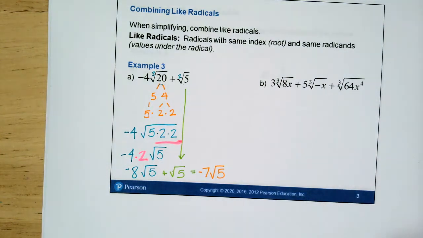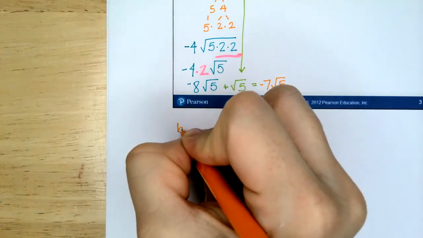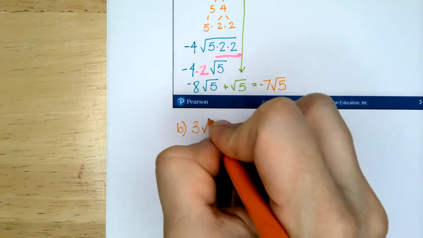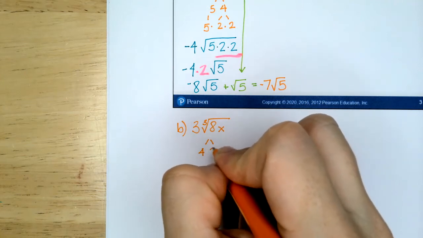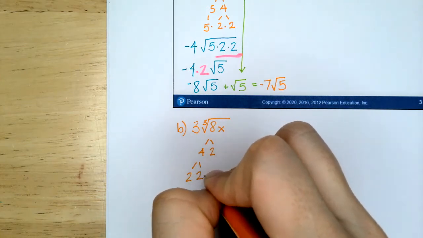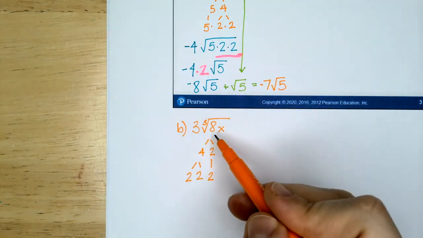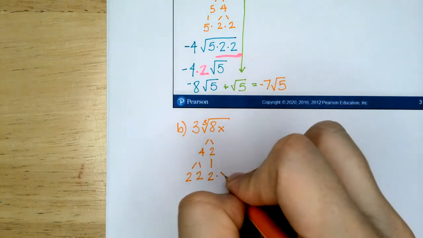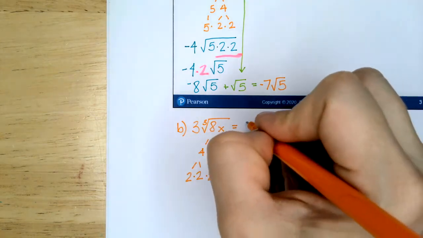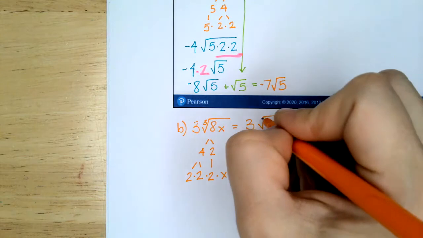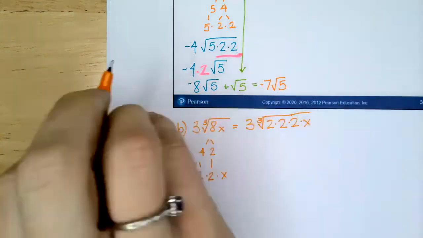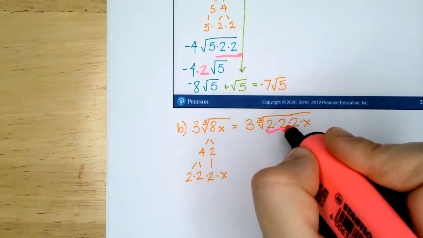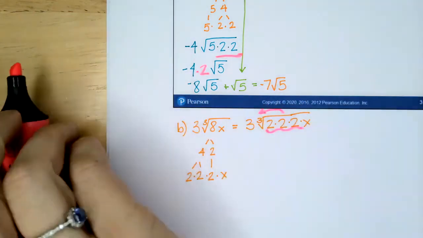So let's start with 3 times the cubed root of 8x. Come down here. First term in B is 3 times the cubed root of 8x. So I'm going to take 8 and I'm going to say 8 becomes 4 and 2. 4 becomes 2 and 2. So the cubed root of 8 is actually 2, right? And then I have 1x. So that becomes 3 times the cubed root 2 times 2 times 2 times x. I can take out anything that's a group of 3. So now I have